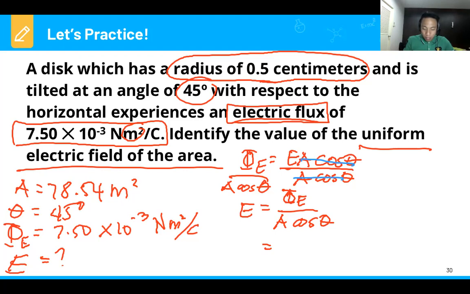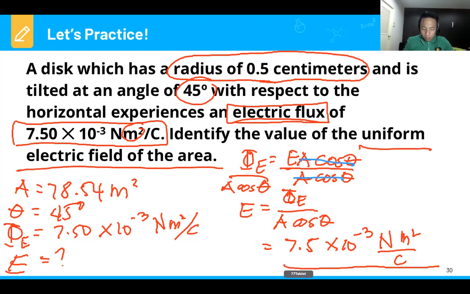So we will put the values for each for that one. So we have this one. Gawin muna natin siyang whole number. Okay? O sige, wag na. Mas madali kasi ito. 7.5 by 10 raised to negative 3 newton meter squared over C, all over 78.54 meters squared